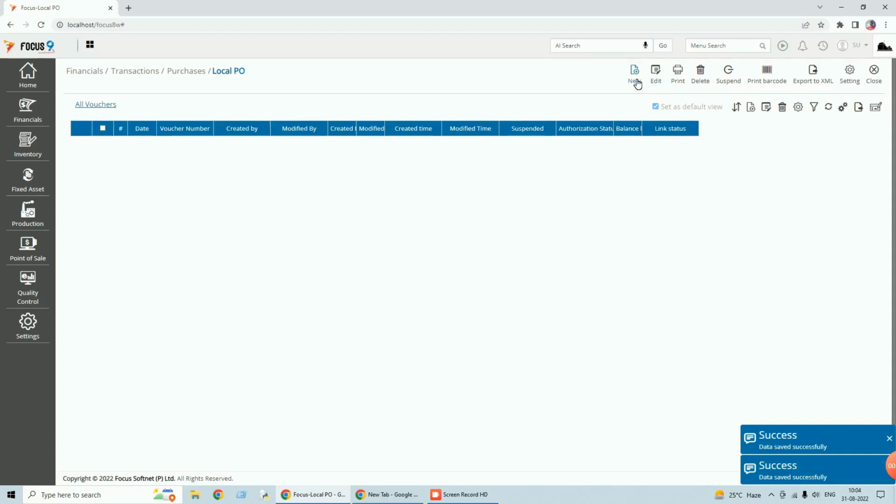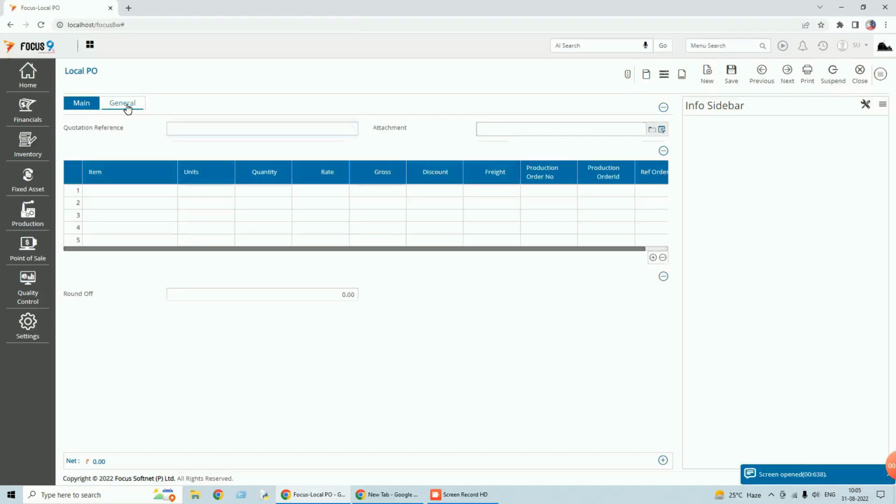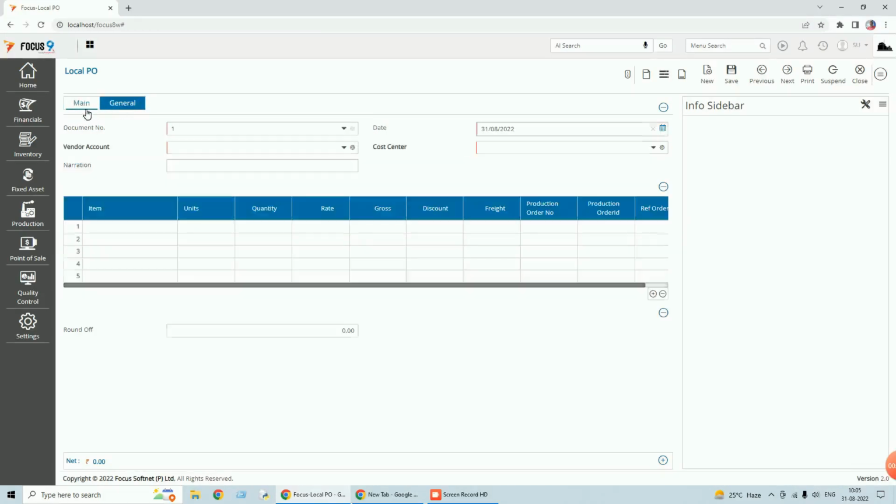I'll just show you how that group will show here in the form. Now you see, before I was having quotation reference and document attached number. Now I cannot see this. These fields have been moved to this general tab. Like this you can even insert the menus here. I have shown you how to insert the fields in the header, also in the body, also in the